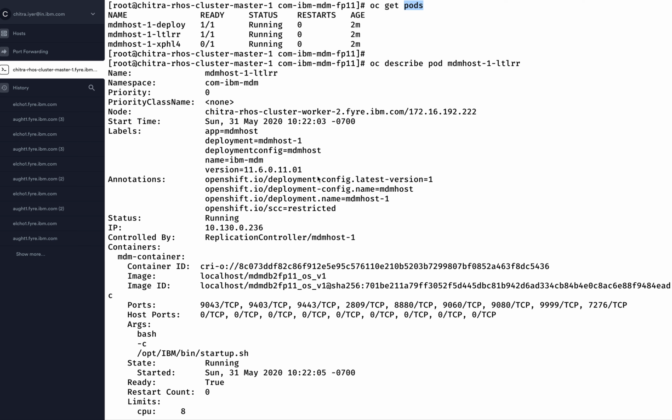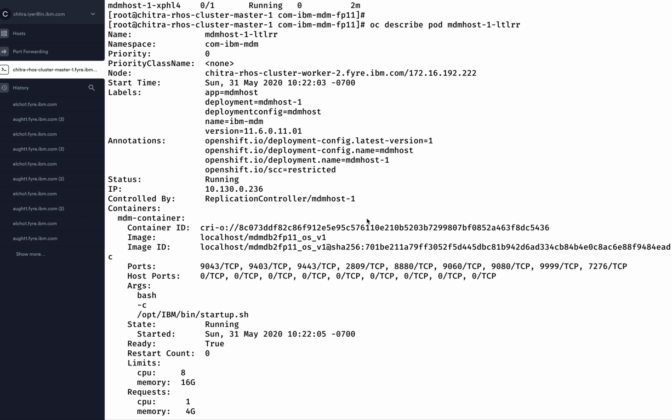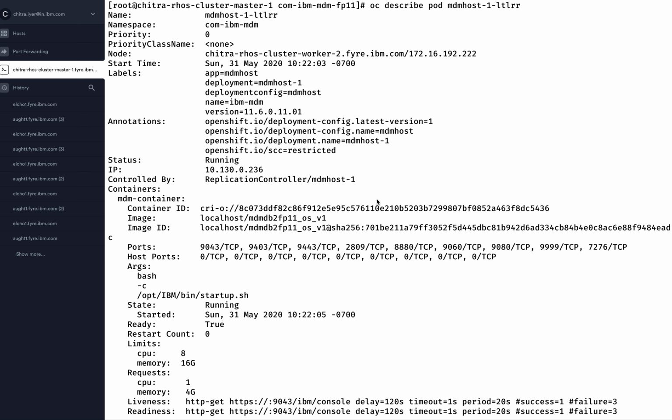That would depend upon a number of reasons, including the space that is available on the worker nodes. It is also possible for you to specify certain additional parameters to place the pods at specific nodes, but in this example we are not making use of any such facility.